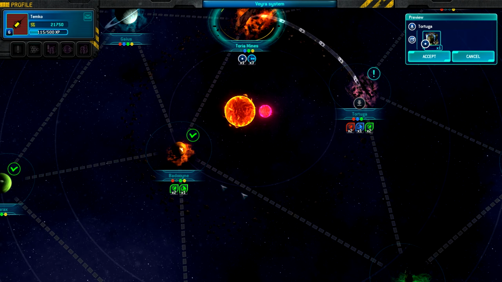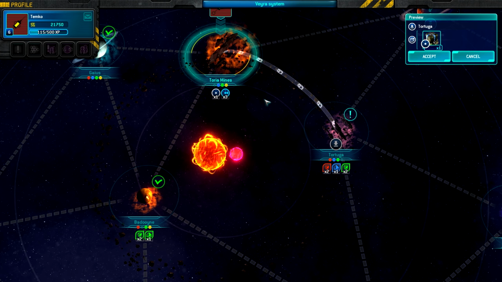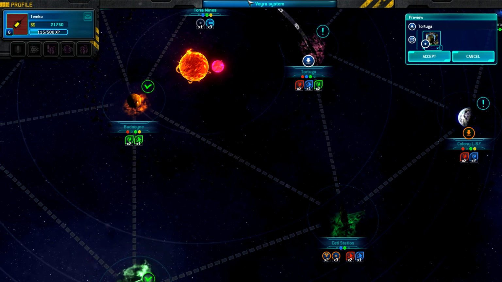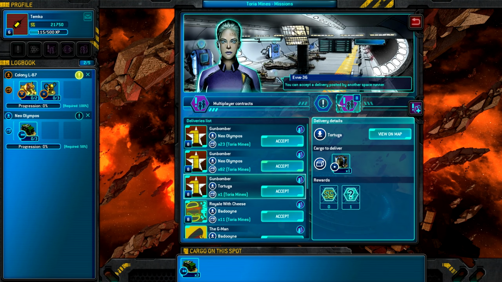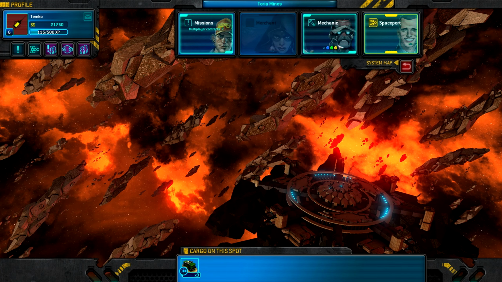So you can go through Neo Olympus to Tortuga, or you can go all the way around through Badunye, followed by the Seti station, and then into Tortuga. And there's probably a hidden route somewhere here as well, by the looks of it. So you can decide to accept that, and based on when you do the run, you can see that this is going to give you exactly no rewards and credits, but it is going to give you a random reward, which is a secret until obtained,